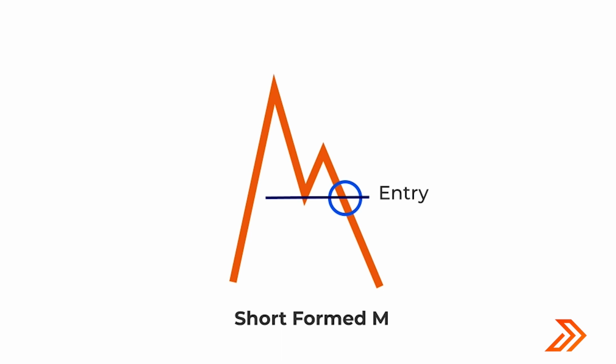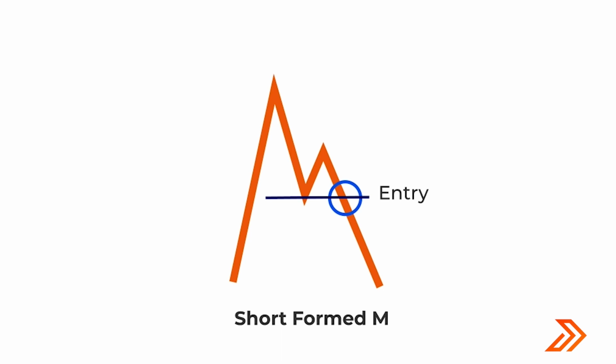So here, the short form M is a variation of the pattern. It's literally the same as the simple and the extended M, but kind of different. See, guys, the patterns happen the same way, you understand? On the chart it could just look a bit different. The reason they don't form a new high is because the dealers have enough liquidity already, which means they have enough